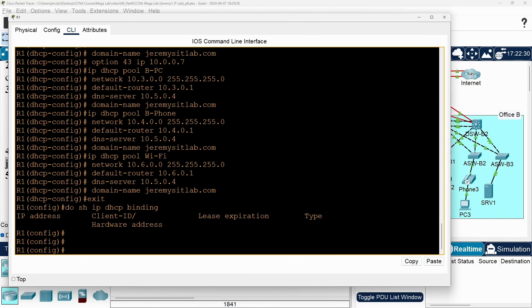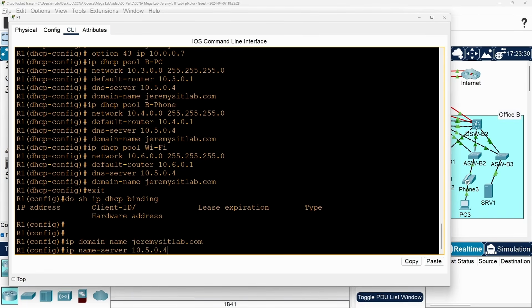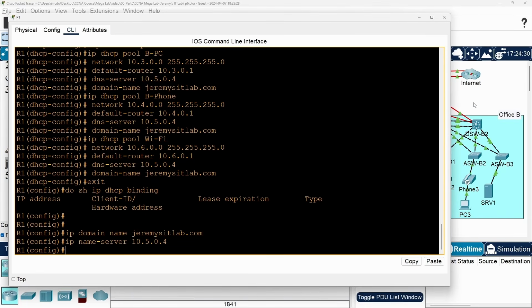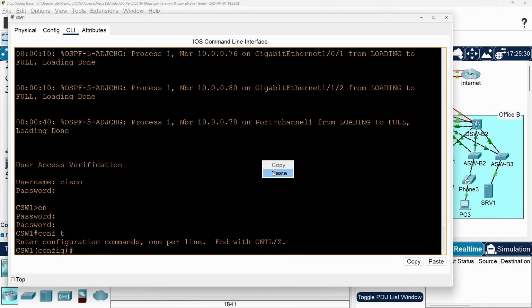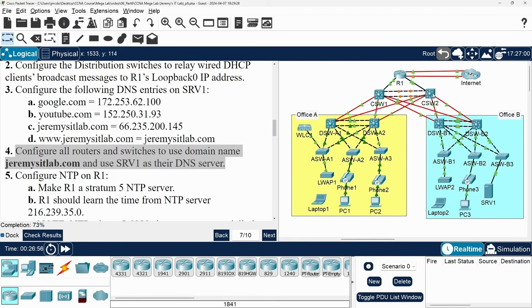So, R1 first. Right-click, paste, and C-switch 1, right-click, and paste, and then C-switch 2.